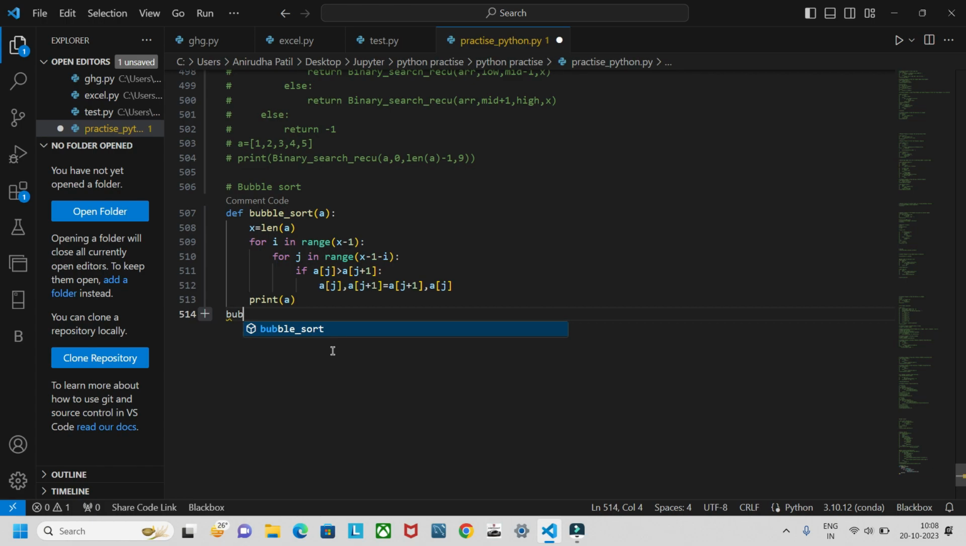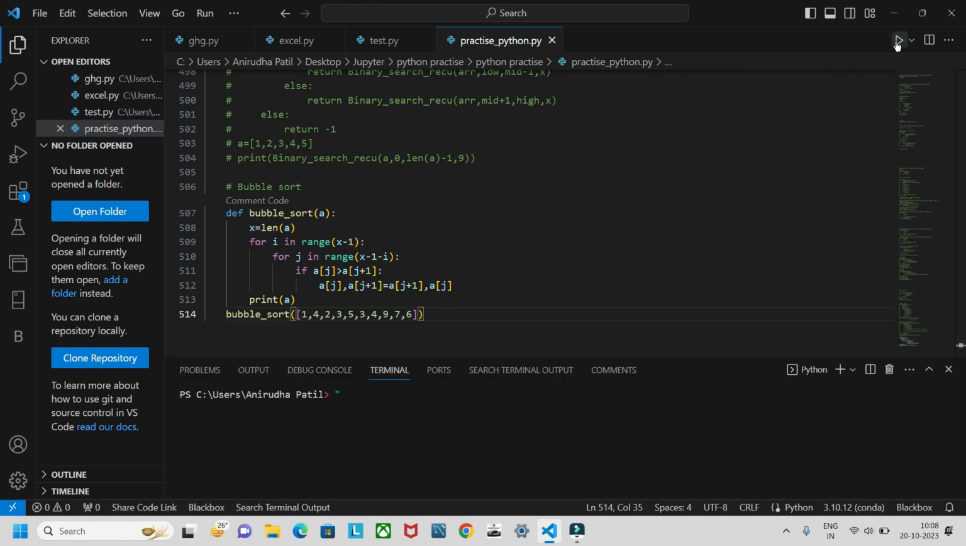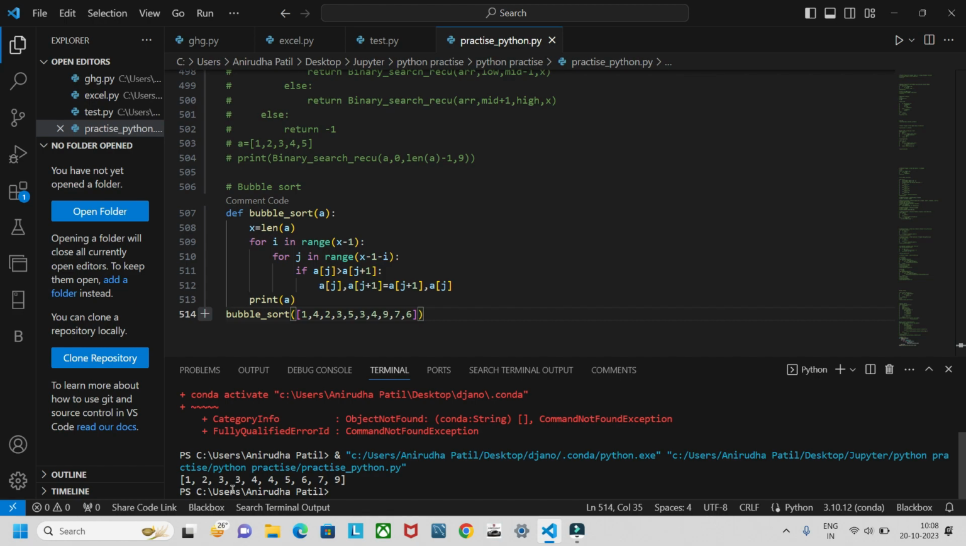So bubble sort of, let's pass the array 1, 4, 2, 3, 3, 4, 9, 7, 6. Let's give a comma here. Once I run this code, let's see whether it works. Yeah, so here you can see 1 2 3 3 4 4 5 6 7 and 9, so the elements are